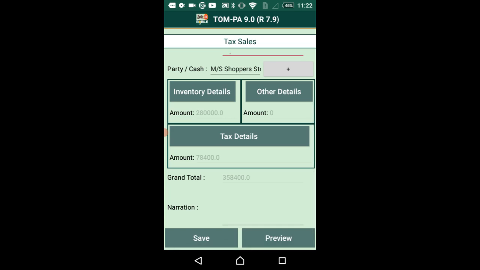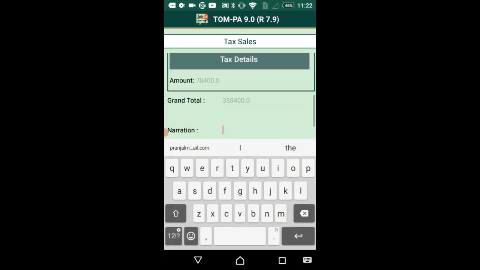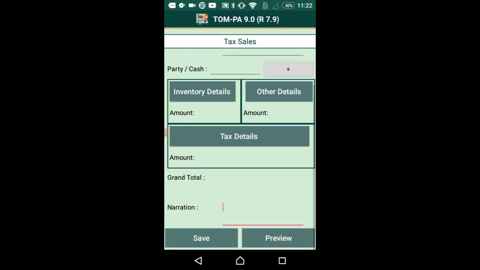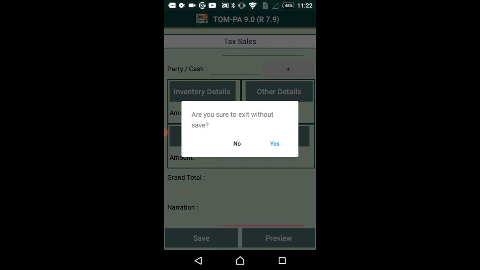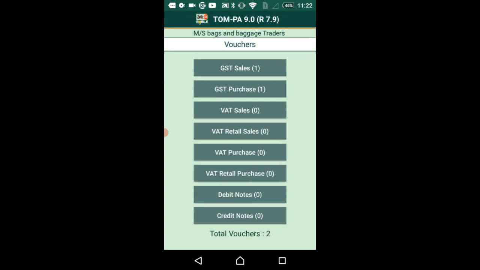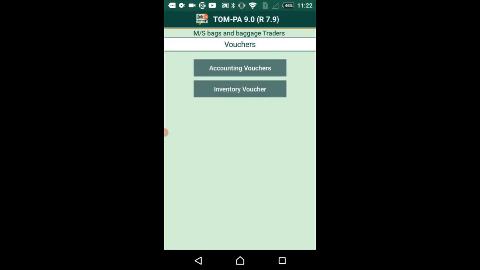Write the narration as being leather handbags sold, full stop, and click on save button. Go back, say yes. You can see the second transaction entry. Go back,